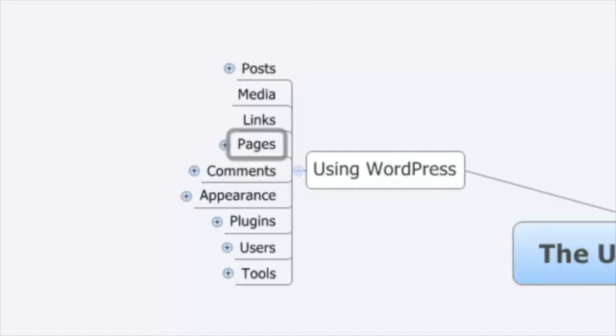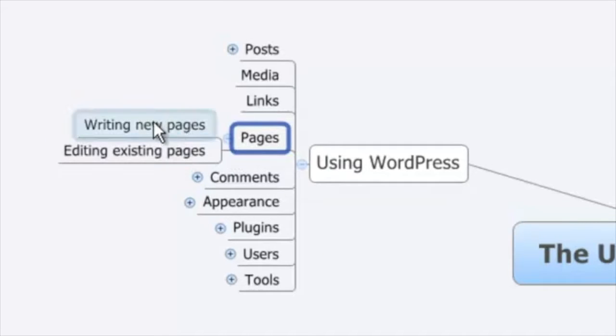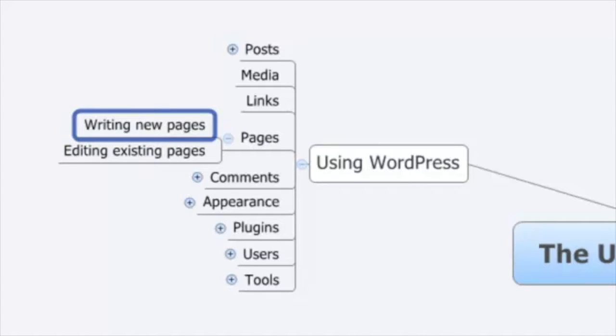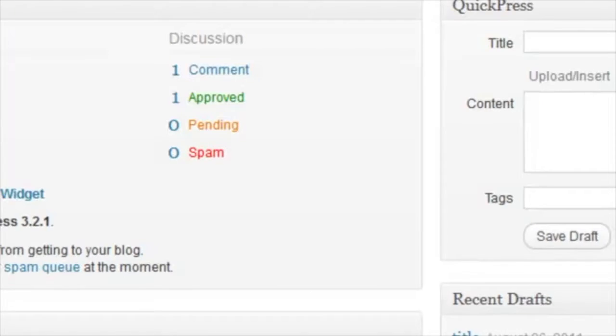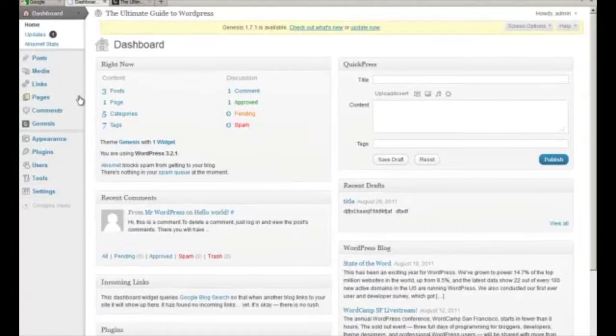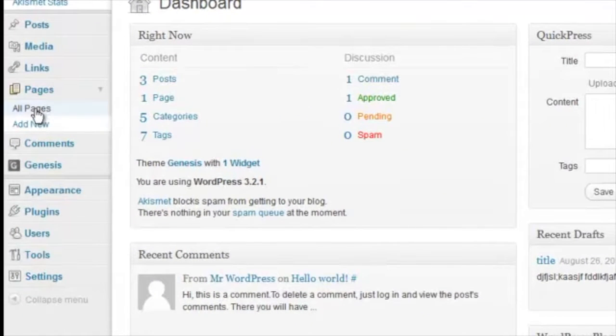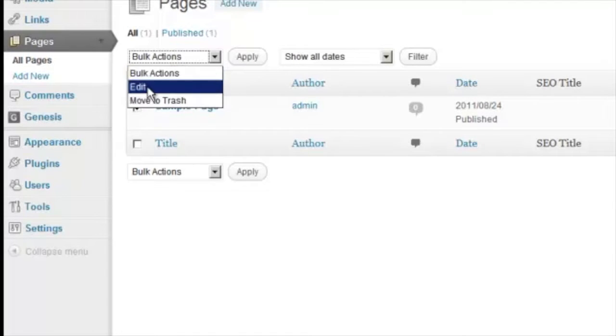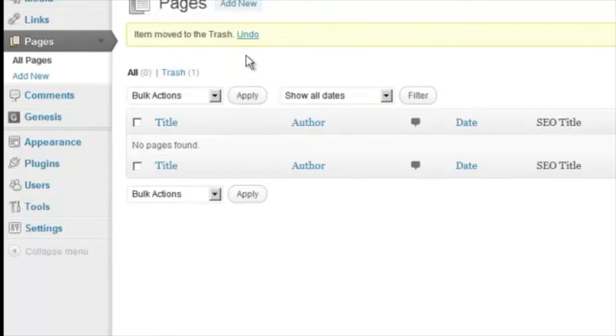Okay, so the next step in using WordPress is adding or editing pages. So we can write new pages or we can edit existing pages. Well, since this is a brand new site, we don't have any existing pages. So go over to Pages, click on All Pages. Actually, there might be one page here. It's a sample page. We'll get rid of that one. And then we'll add a new page